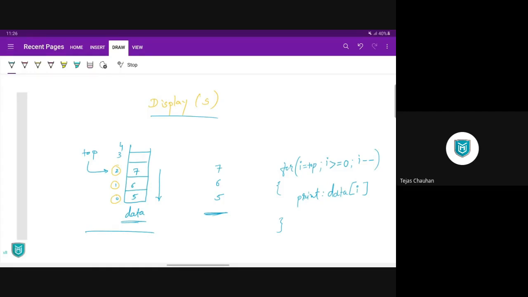Ready? Before you run this for loop, you can always check emptiness. If your top is already -1, then print an empty stack message, else you can go for this entire for loop, and this will be your display operation.